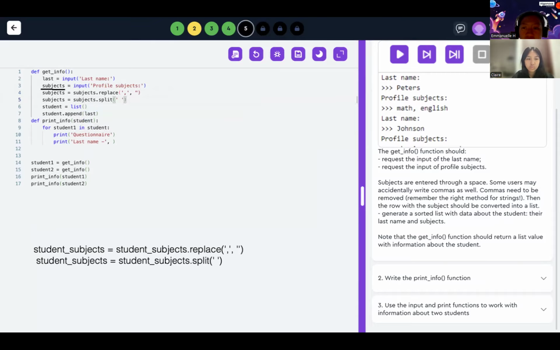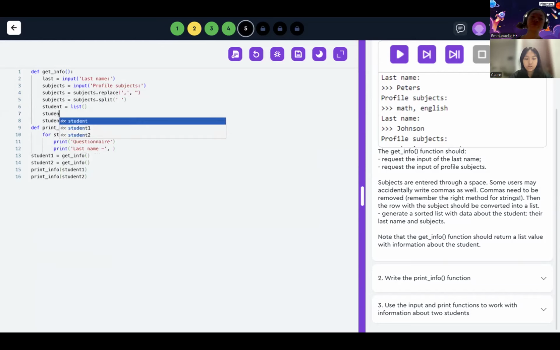After that, what do you need to do? Look at this, generate a sort. So how to sort? Is it after or before the list? It's up to you, but we have to sort the subject. You sort the subject. Sort. And then after that, don't forget to append the subjects